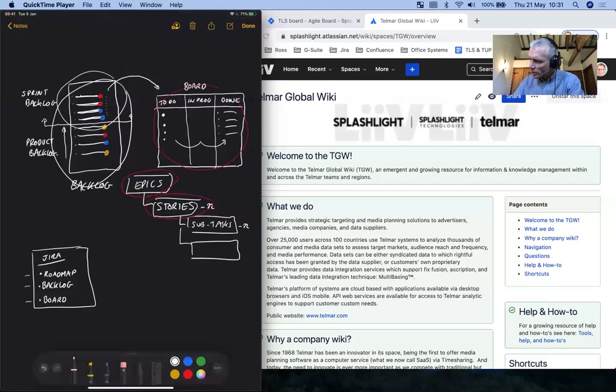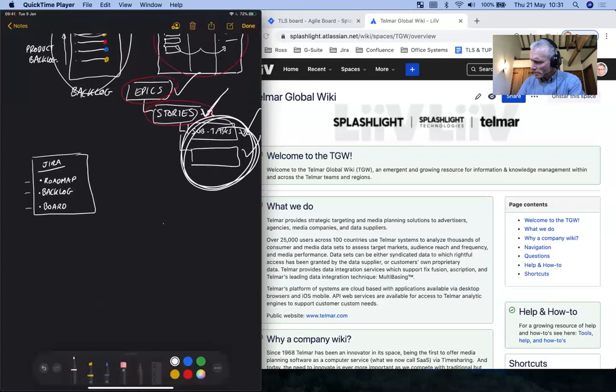So this is like a card on a board. I said imagine literally a board on the wall. These could be post-it notes on the wall. Each story gets broken down into a number of subtasks. And actually the way we move these through the board is we pick up the subtasks and we work on the subtasks. And when the subtasks are done, then the story becomes done. So that's the granularity. The subtasks roll up. When they're all done, the story is done. When all the stories are done, the epic is done. Right, I think that's enough theory.